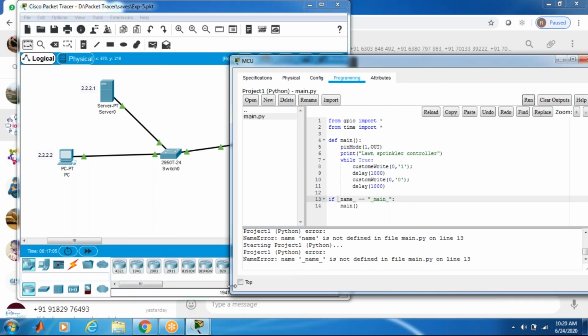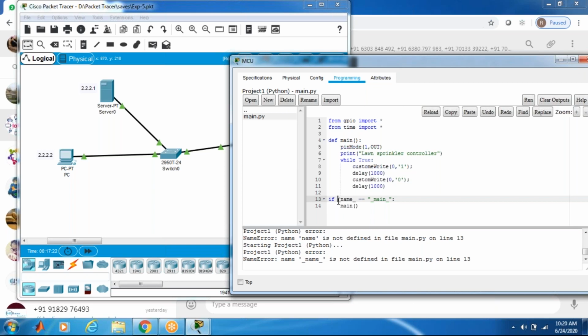The name is not defined in file main.py on the line. Sir, once you see here, two underscores are there, name, underscore underscore.